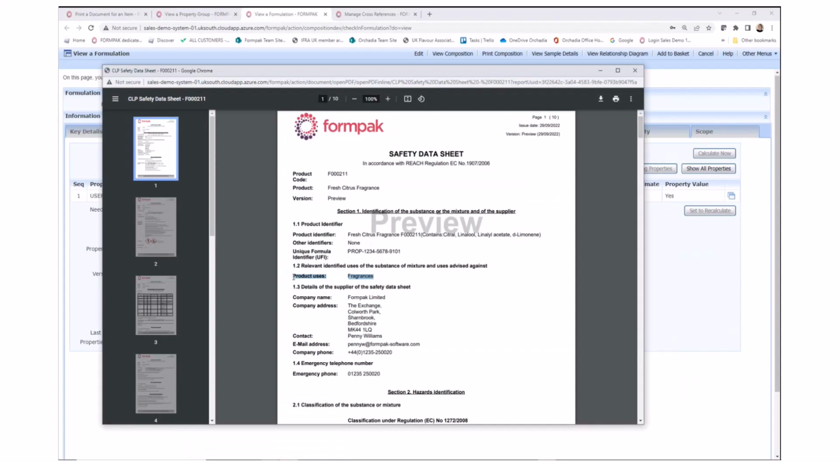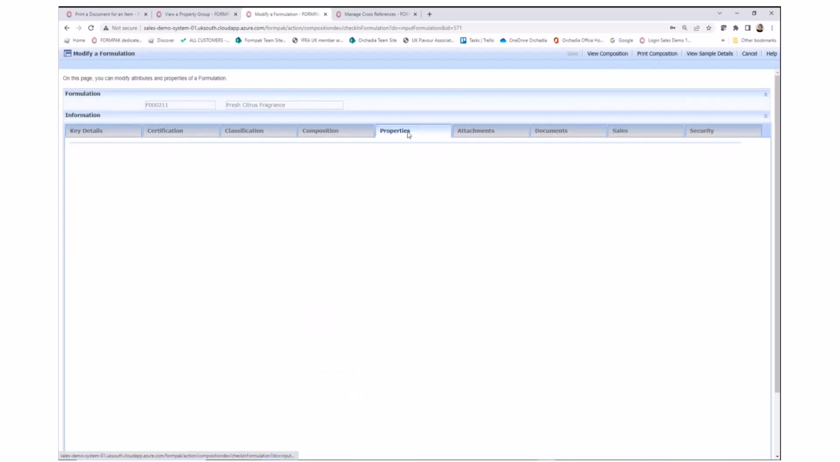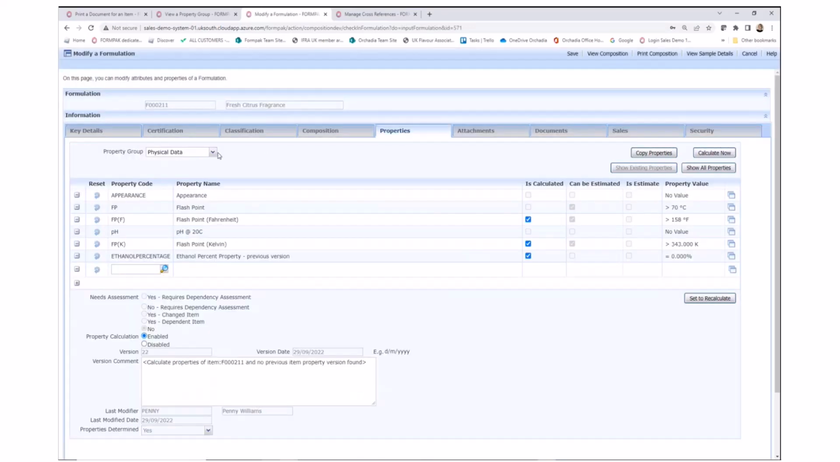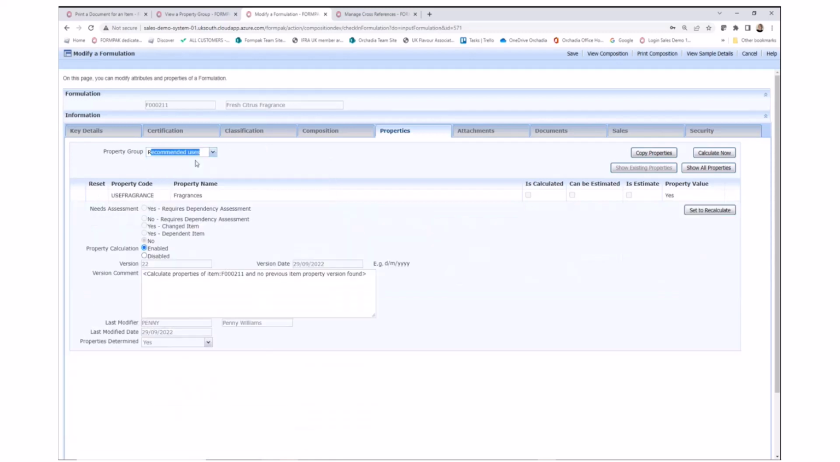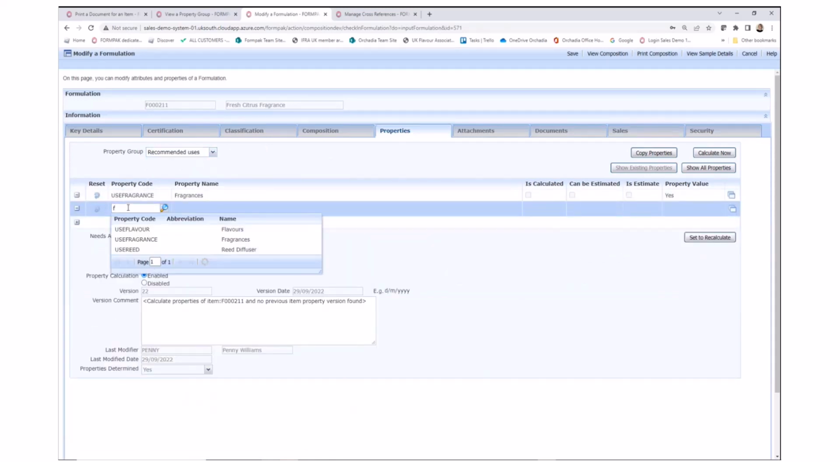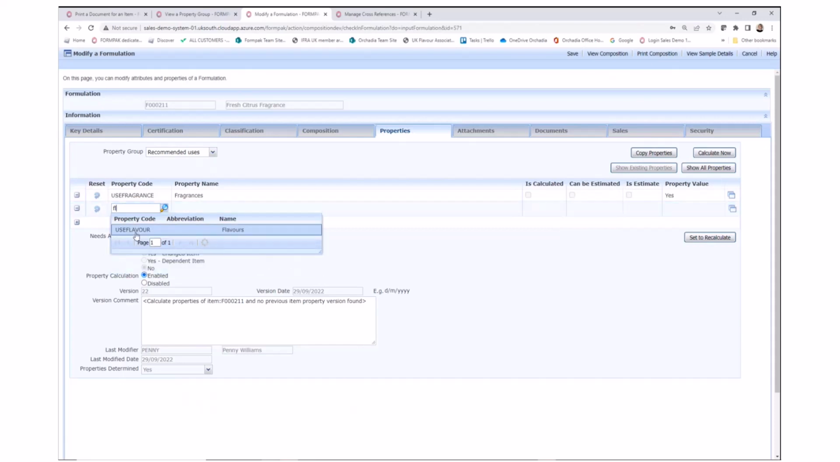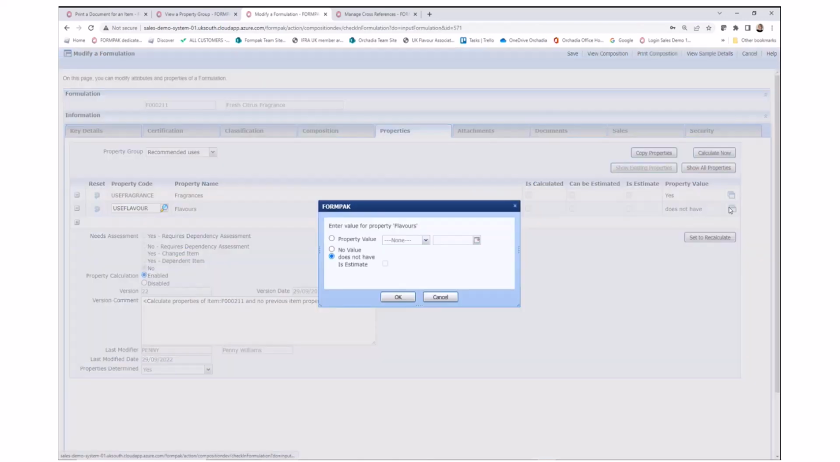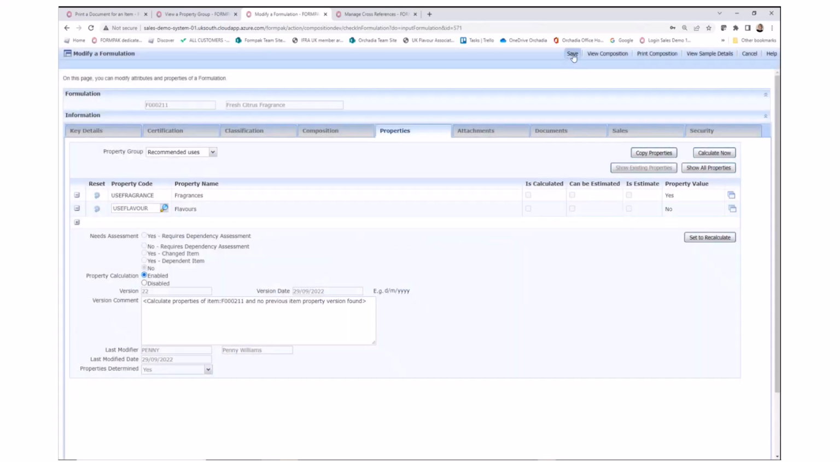Now another thing, I mentioned that property groups and property information and document content can interact. What we have at the moment on the safety data sheet is only product uses. Now, what we can do is we can say a use advised against, and that will then change. It will make document content appear as well as the value of the property. So we say maybe it's for use in fragrances but not flavors, for example, by putting a no. If we save that,